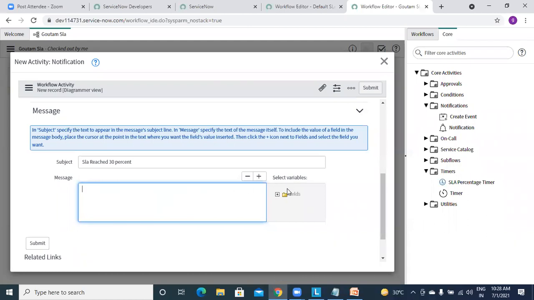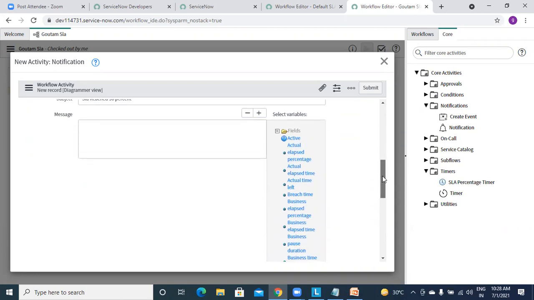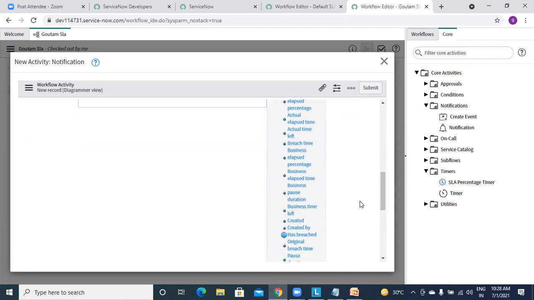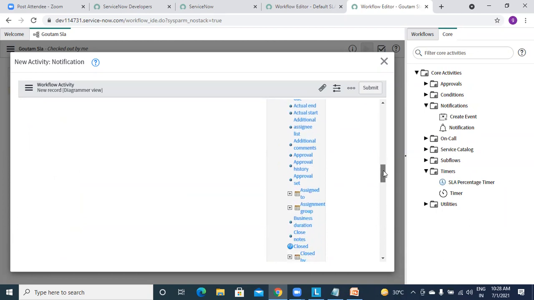And if you want to get something dynamic like assigned to, you can directly pull from here and drop here. I'm not going to pull that here, we will see that in detail. Or else I will pull assignee name again. Assigned to.